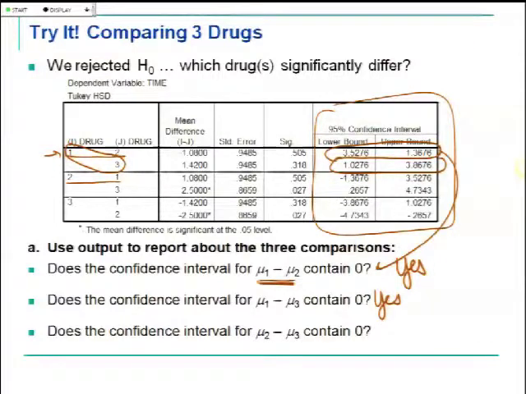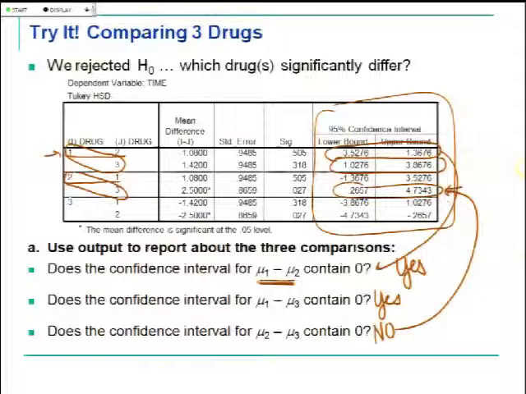Well, we got one more possibility here, and we're looking now at drug 2 versus drug 3 for comparison. Those happen to have been the two drugs that gave us the most difference in the sample means. Drug 3 was the best, drug 2 was the worst. So that is the largest difference descriptively. And if we look at 2 versus 3, that confidence interval goes from just a 0.2, but up to then 4.7. It does not have 0 in that interval. There's where there was a significant difference between those two groups that led us to rejecting H0 in our ANOVA